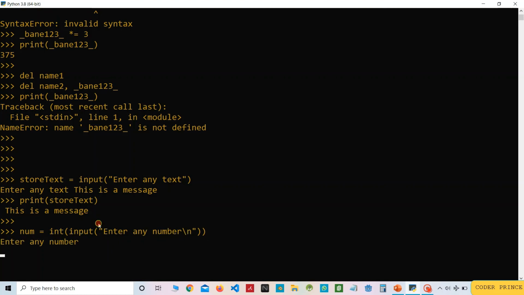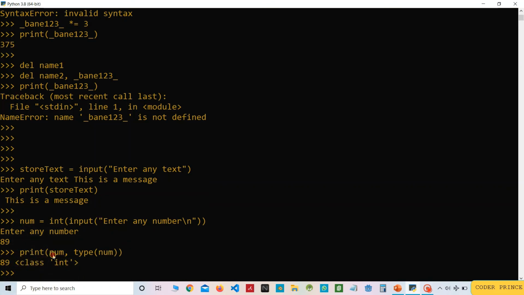So if I write 89, and I print the number and also print the type of this number, this is class int, so it is converted. If you provide plain text, that is actually a string. Now this string is converted to an integer type.